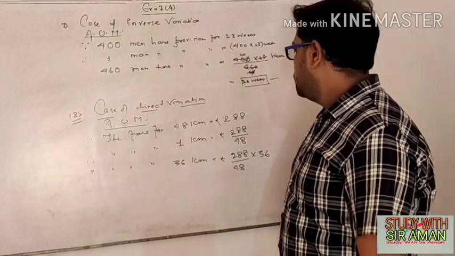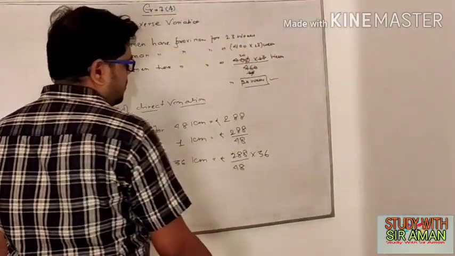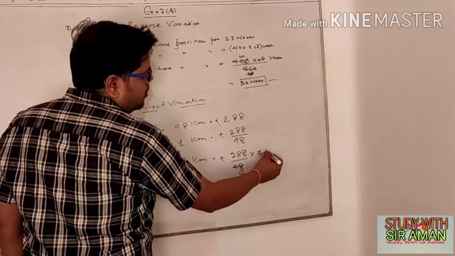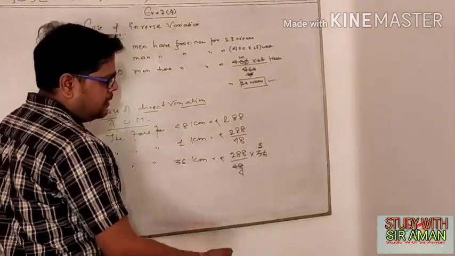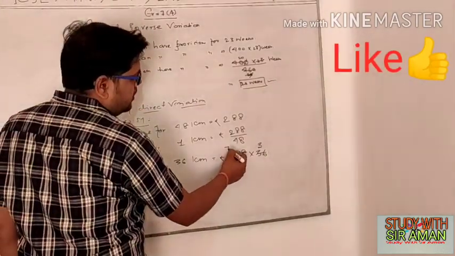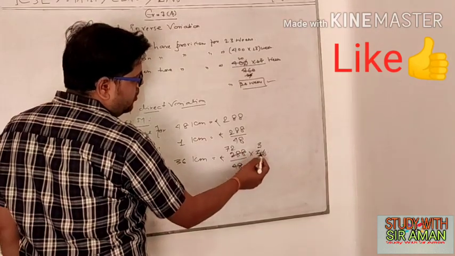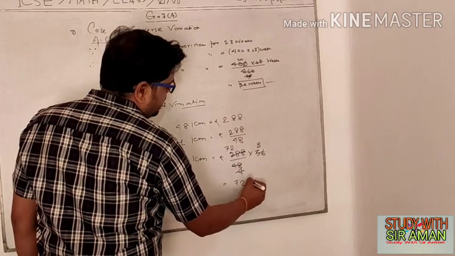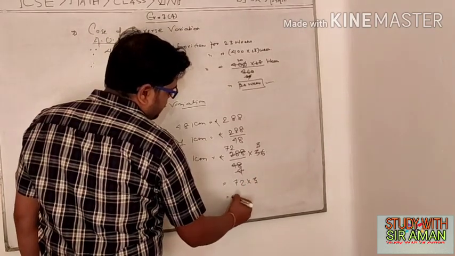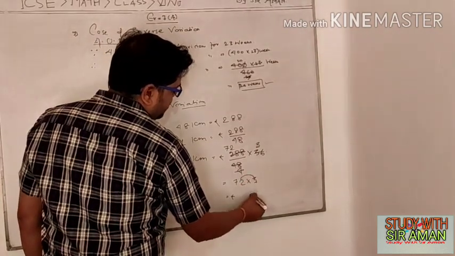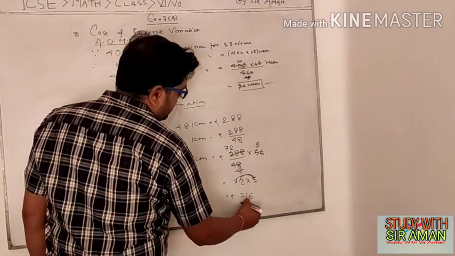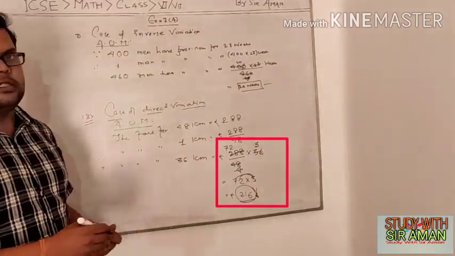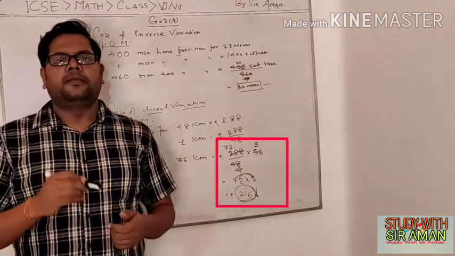Okay. Now this table you know. 2 1s are 4, 2 4s are 48, 2 1s are 3, 2 6s are 36, 4 7s are 28, 4 2s are 8. What is there? 72 into 3. How many rupees to multiply? 3 2s are 6, 3 7s are 21. How many rupees do you have to give? 216 rupees you have to give.